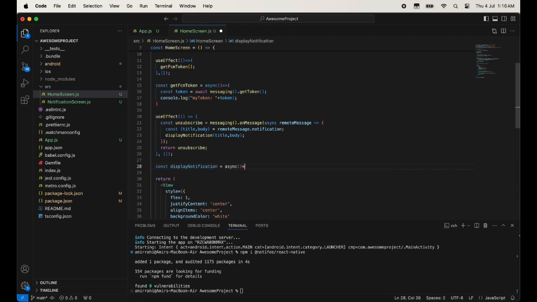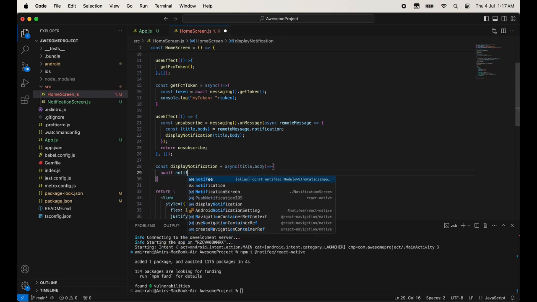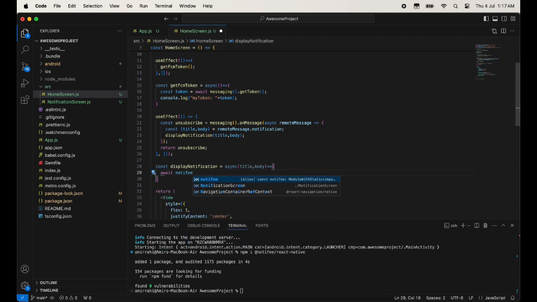Okay, and here we are creating display notification, and then just pass title and body here, and then write await notifee dot request permission. So we will have to firstly use request permission. Okay,